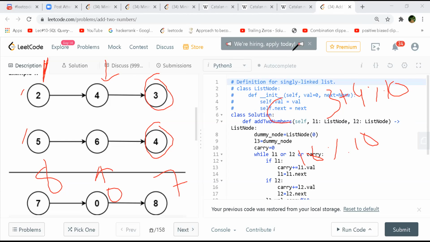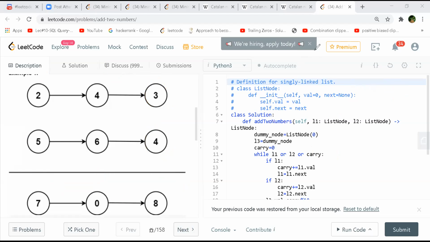So then you increment both the nodes. I did it in reverse, that's okay. The only thing we need to check in this case is that the example shows both lists are of the same size, but if they are uneven sizes, that's why every time we'll check whether both of the nodes exist or not. So even if there is an uneven size, for the other list we won't take any value, only the first value we'll take and copy to the rest. So that's the only thing we have to be very careful about.